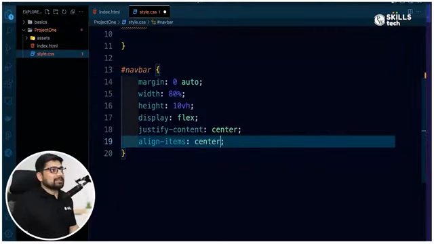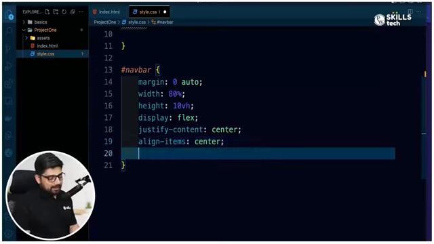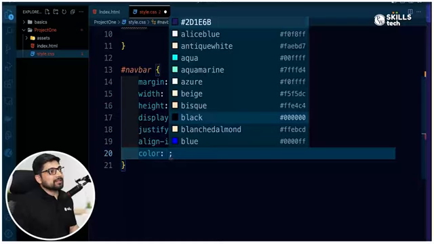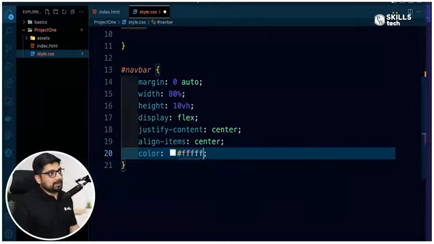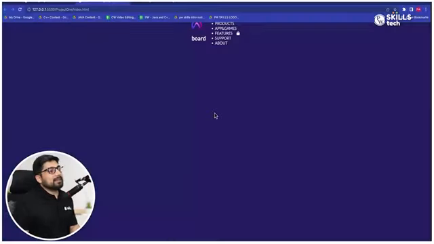Everything that starts with justify is on the main axis. Everything that starts on the top to bottom axis, or the other axis, is this one. So notice here we'll just keep it center, and let's also add a color so that we can see how this is actually working. So we'll go with white. I'll just say hash and F, and there we go. Save this. Now notice right now everything is at the center, and they only reach up to